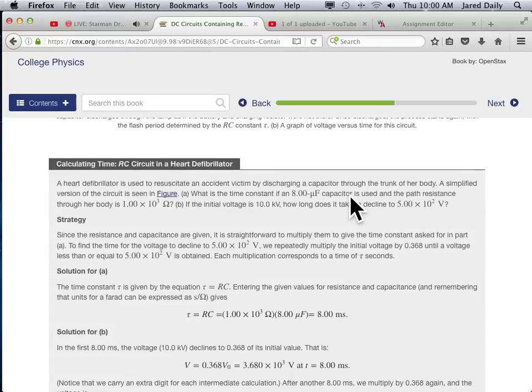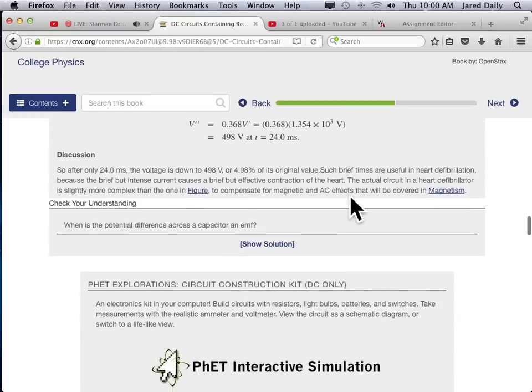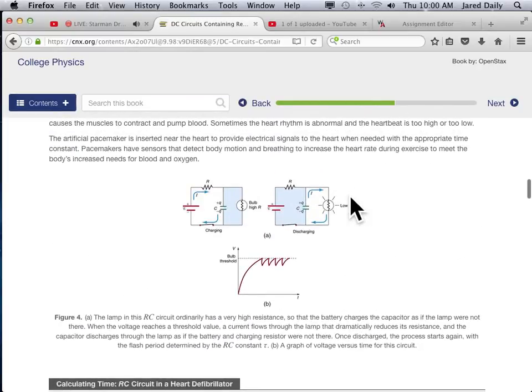heart defibrillators also use capacitors that are charged and then discharged through the body, right? So here's the circuit diagram for a defibrillator. You have your power source over here, a battery, usually for a portable one. It goes through a resistor and charges up this capacitor. And while this switch over here is closed, that capacitor is charging,